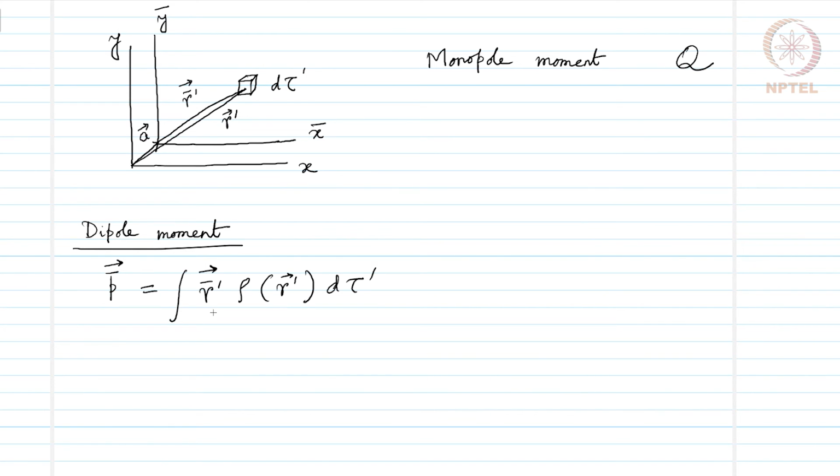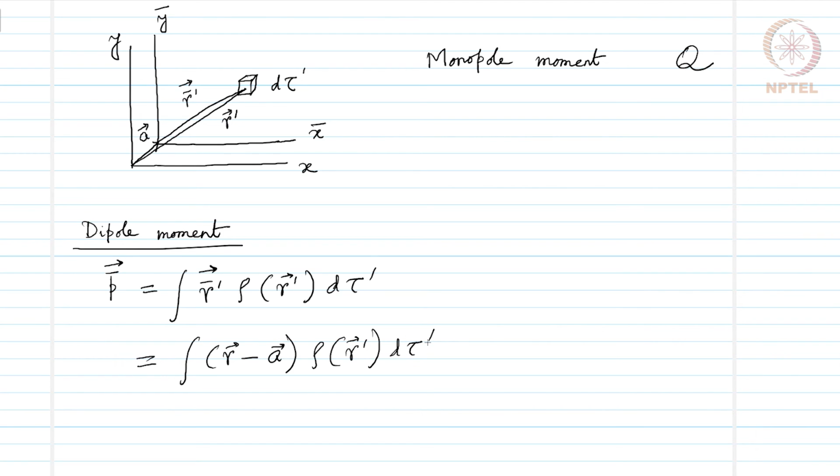Only thing is that the position vector of that volume element changes if we move to a different coordinate system. So, this is going to give us the dipole moment with reference to the new coordinate system, the one with a bar, and this becomes the integral of r minus a, this is the transformation we have made on the coordinate system, times rho of r prime d tau prime,